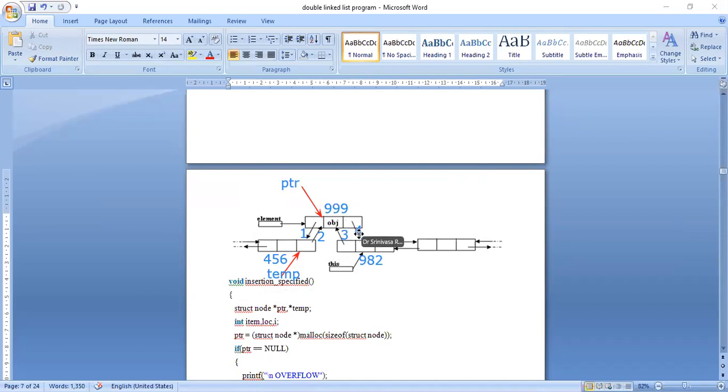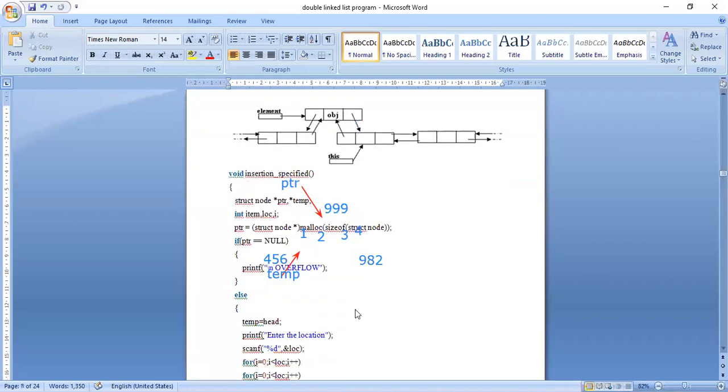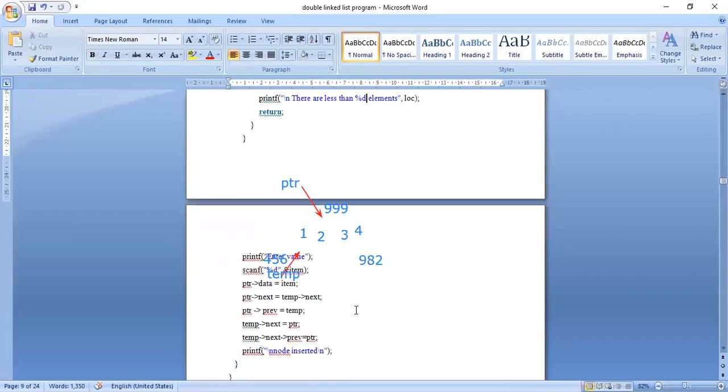Now this link will be established. That is, in the next of the new node OBJ, 982 will be kept. Okay. Next you can see pointer of next is equal to temp of next. Pointer of previous is equal to temp.